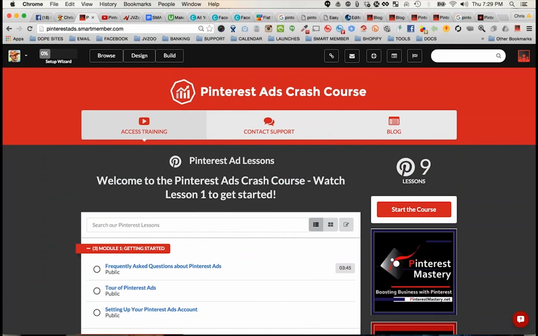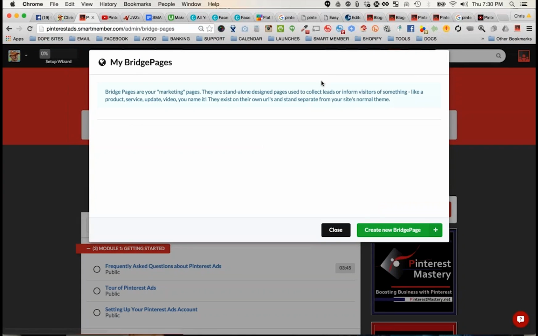First things first, what I want to do is build a lead capture page for this. I want to build a page that introduces people to this, a page that basically gets people into this. To do that, there are these sections over here. There's this section called Bridge Pages. So I'm going to click this Bridge Pages icon, and I'm going to create